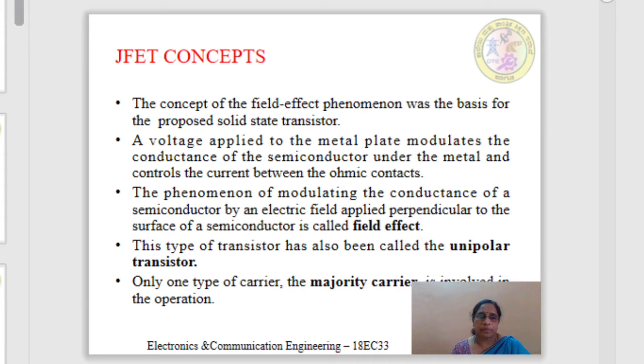One of the very important features of this transistor is that it is a unipolar transistor. That is, the current flow is because of only majority carriers. Because of one type of carrier, the field effect transistor is also known as a majority carrier device or unipolar device. Why is it a unipolar device? It is because either electrons are responsible for the drain current or the holes are responsible for the current flow. Because of the flow of only one type of carrier, the device is also known as a majority carrier device.